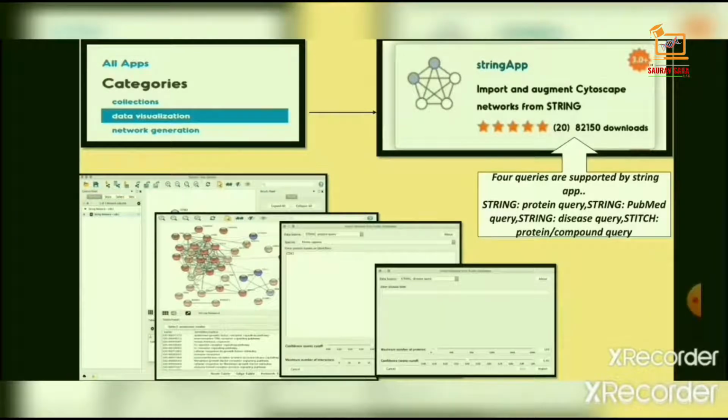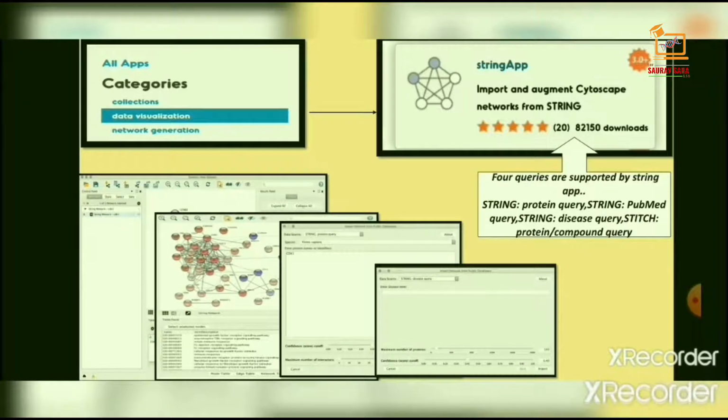STRING protein query means you enter a list of protein names, for example gene symbols, UniProt identifiers or accession numbers, to obtain a STRING network for the proteins. STRING PubMed query means you enter a PubMed query and utilize text mining to get a STRING network for the top N proteins associated with the query.